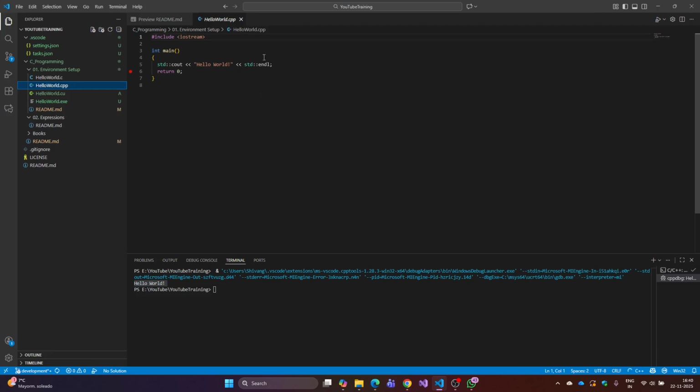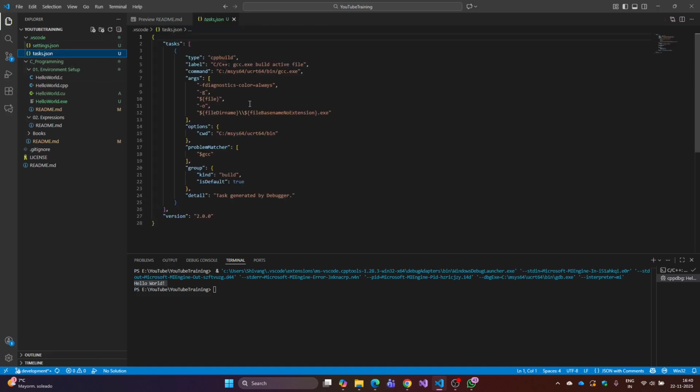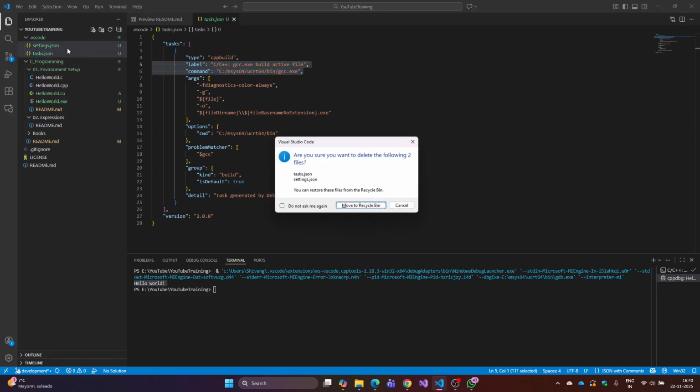Now if you see here, VS Code has created two files, a settings file and a tasks file. The tasks file and settings file are both responsible for the configuration of the compiler. If you go here, you can see the compiler related information, and if you go to the tasks file, then related to a particular file, you can see what commands are used to compile the file and convert it into the binary. Now we are going to utilize a different configuration for C++. So now I'm just deleting these two files